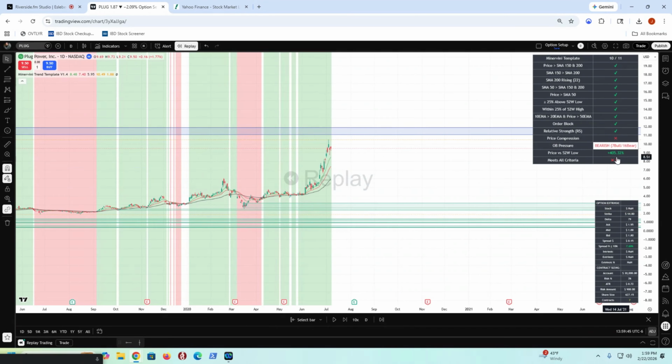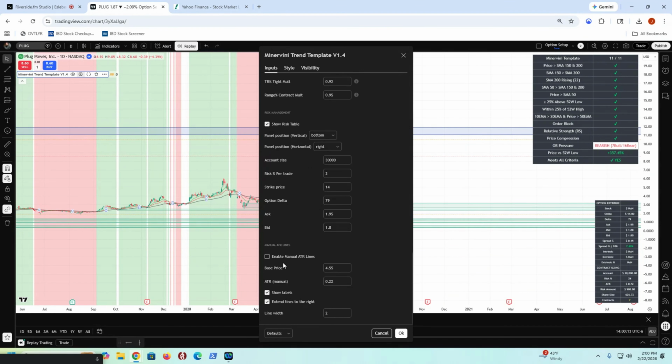All right, so we're already 10 out of 11, 400%, looking good. Slow it down to 1, and then let's see if we can find anything. We just need that price compression. Oh, there we go. Okay, so now that we got an 11 out of 11,